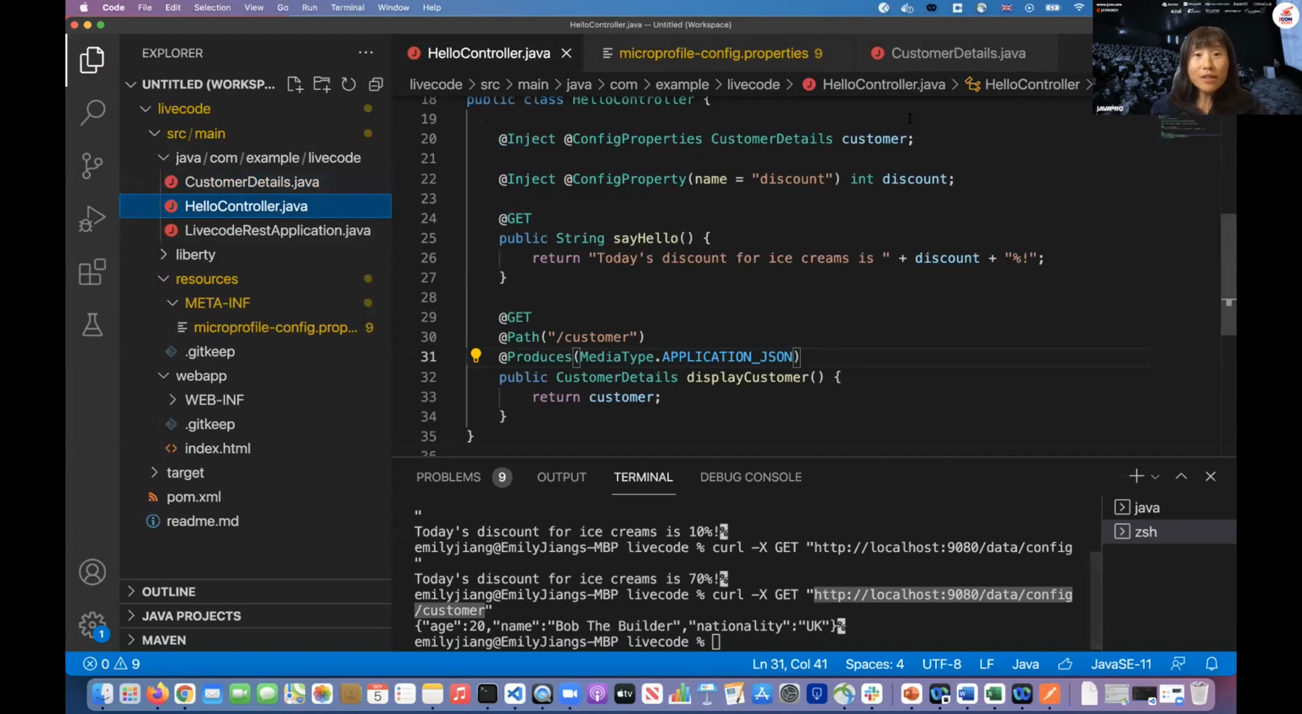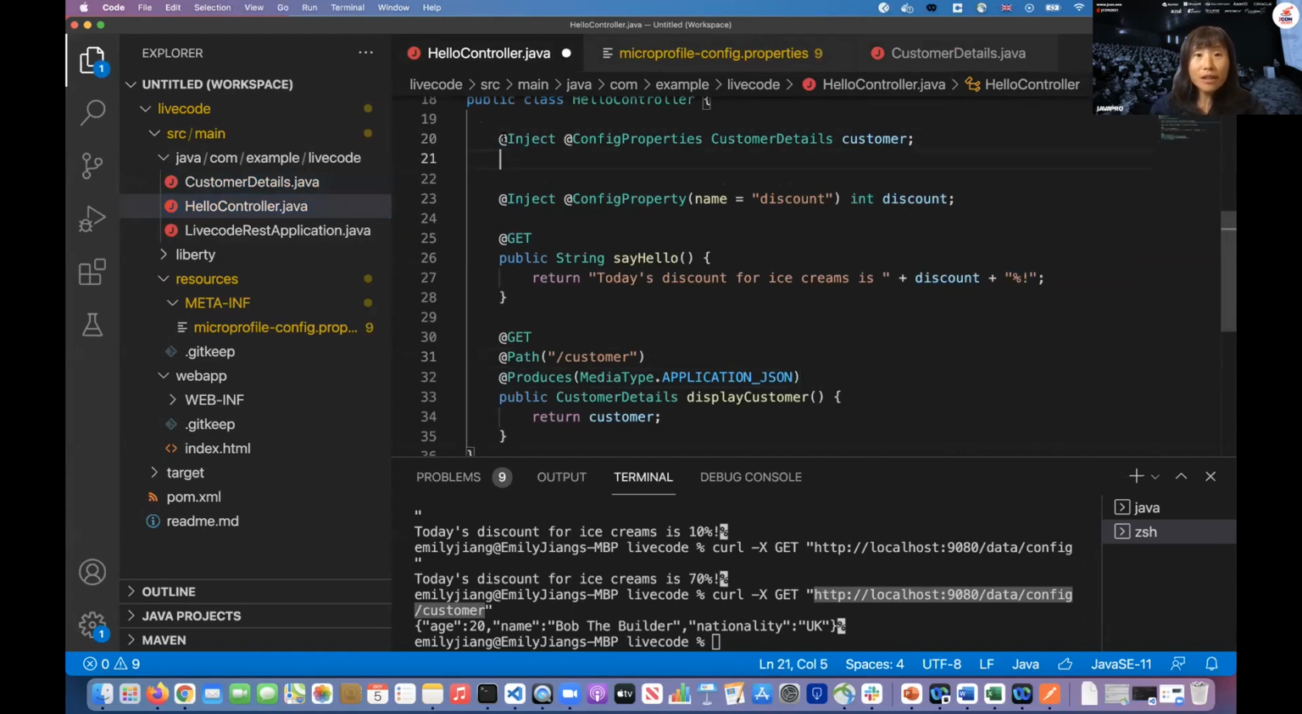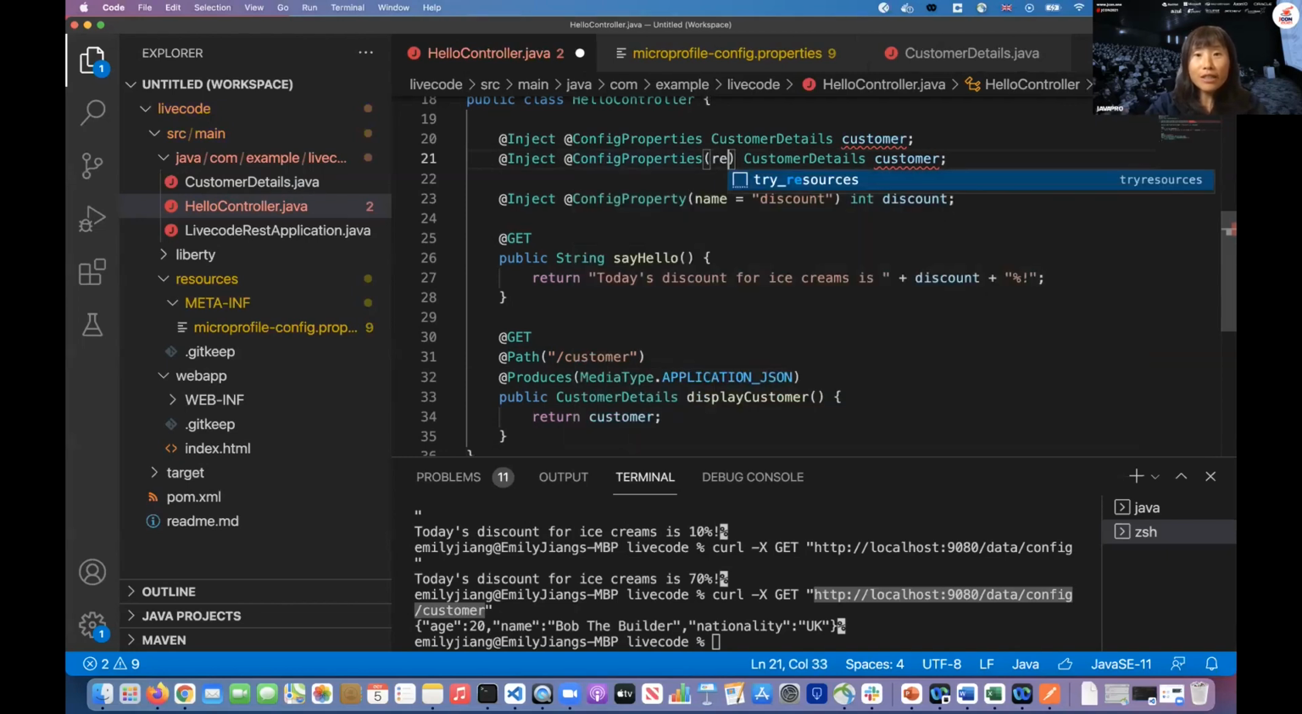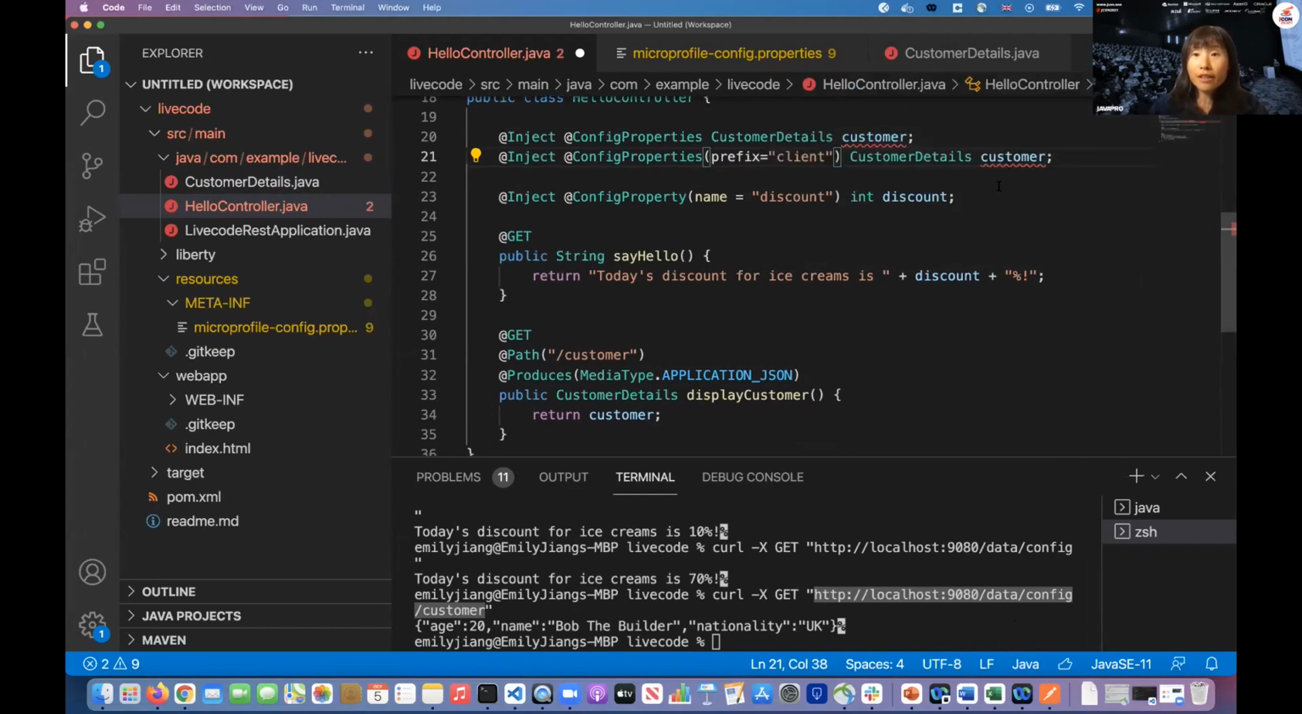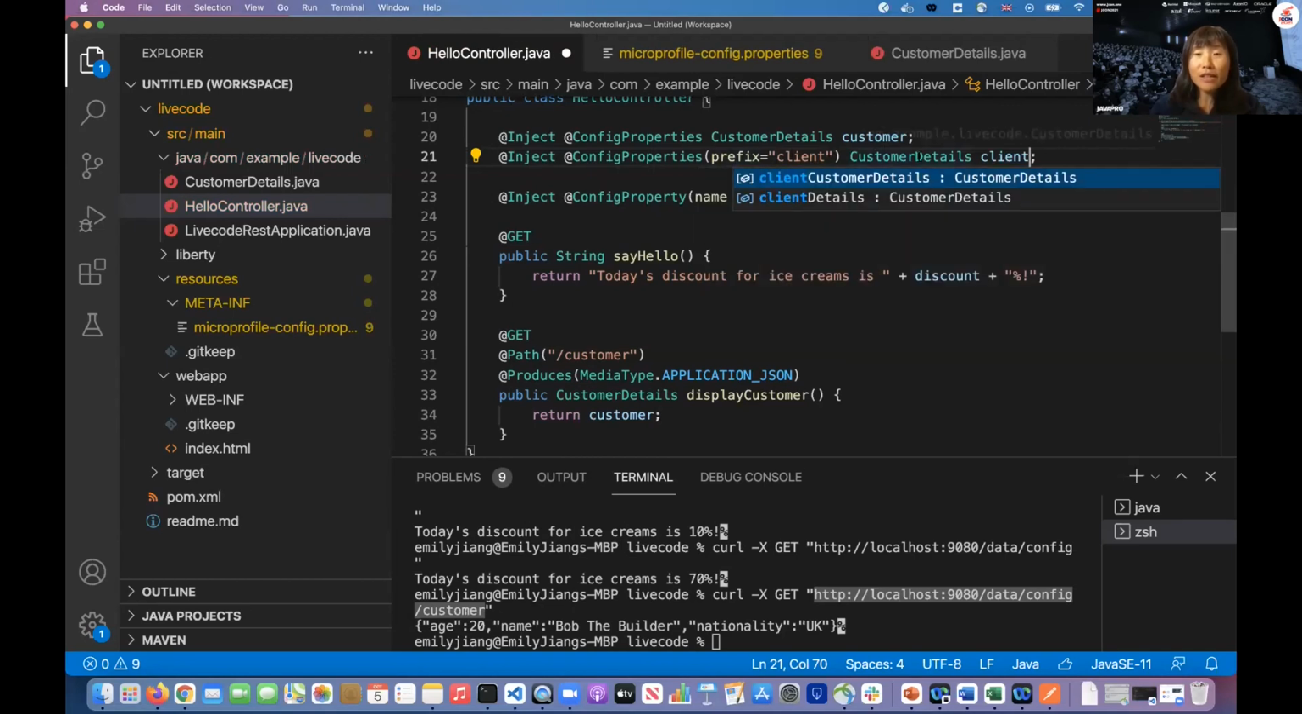So that's very easy. So instead of here, you do something similar to this one. Let me copy this. Obviously, the prefix is no longer customer, the prefix is client. So here you will see client. So in this way, it will directly look up client.name, client.age, client.nationality, and then create the object and assign